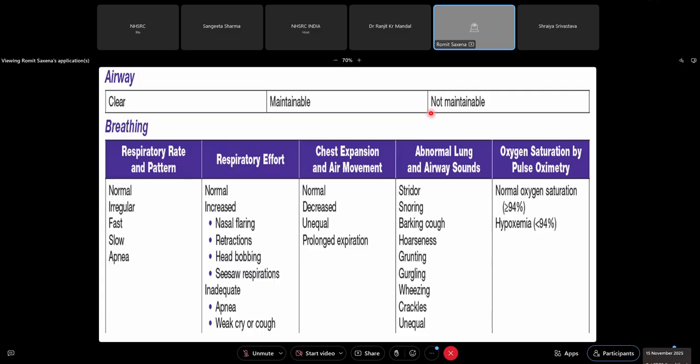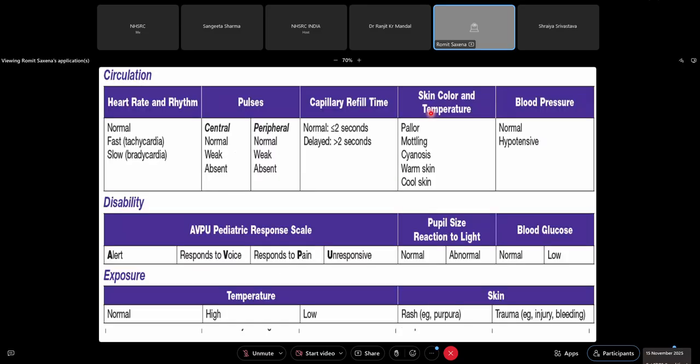Remember to do your inspection, palpation, percussion. Remember to, in small kids, lift the shirt. What often happens is in the winters when they're wearing woolly clothes, you do not see the respiratory distress. When you lift up the clothes, you see that there are a lot of retractions. So remember to expose, examine, inspect, palpate, percuss, obviously with parental permission. And remember, SpO2 is also in your armamentarium as a vital sign. So not just heart rate, respiratory rate, blood pressure, now SpO2 is also there, which you need to see.